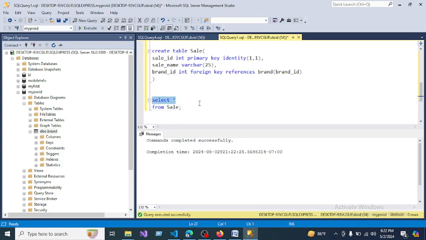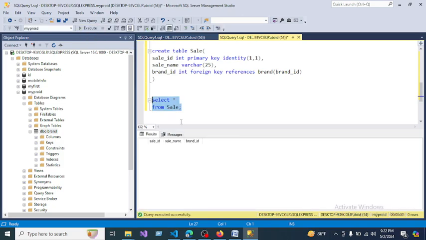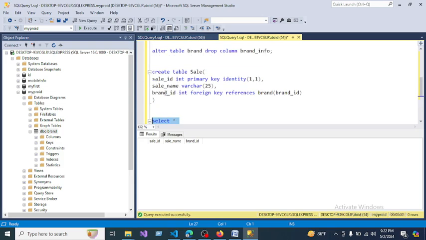SELECT star. Select all the values from your table, using your table name. Execute. Sell ID, sell name, and this is the brand ID which I have already created as a foreign key. Okay,